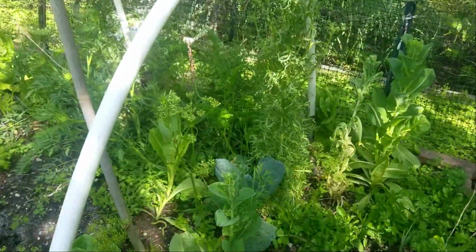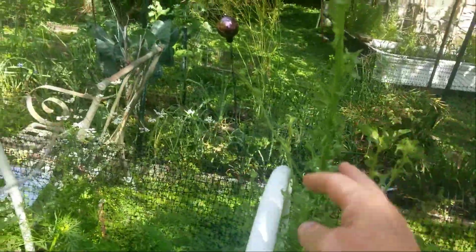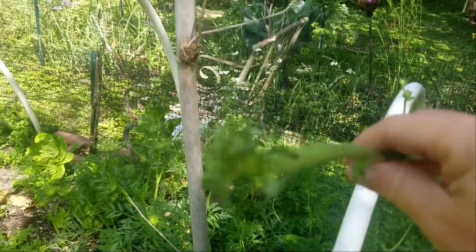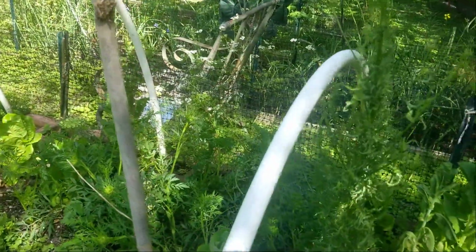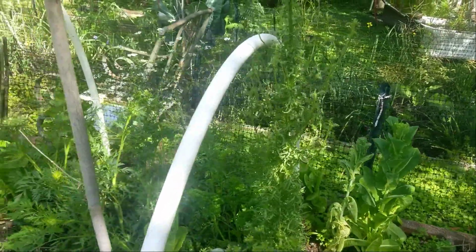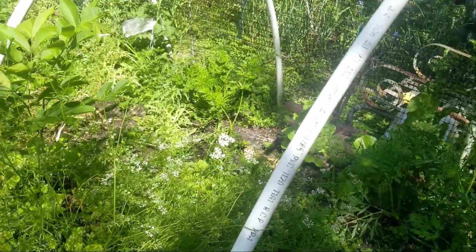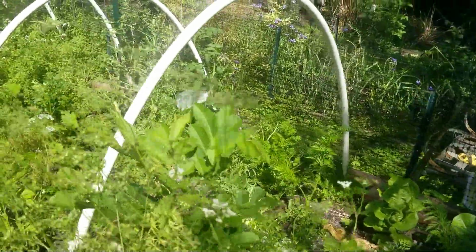What can go now. Like lettuce going to seed over there, except this one, if I can reach it. This is endive, and endive makes the most beautiful blue blooms. They look like straw flowers, so I always leave them. They have an upright habit, so it's not like they take up much space, but I enjoy the flowers. Lettuce cross-pollinates too, so it's possible to carry over the seeds, but what comes out of it might be a